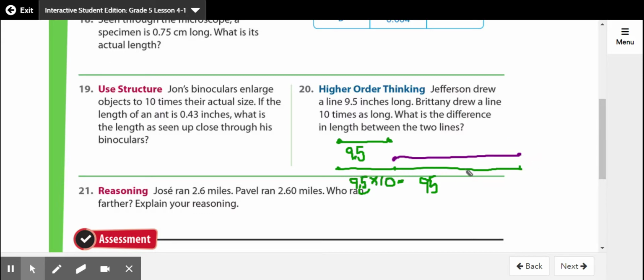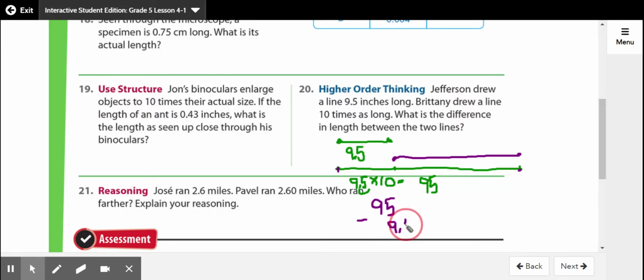Well, I would take her whole long line, 95. Remember, hers started here. It ends here. And then I'm going to take off the part that Jefferson drew, or basically how long Jefferson's line was, to see how much longer was hers. So I'm going to do 95, and then I'm going to minus his line,